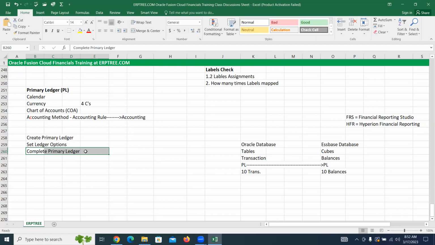Another point is it will verify whether any special characters are provided in the chart of accounts name or your primary ledger name. The reason is our Oracle database may allow special characters, but not Essbase. So when you create the chart of accounts, you may use special characters, and our Oracle database may allow those, but